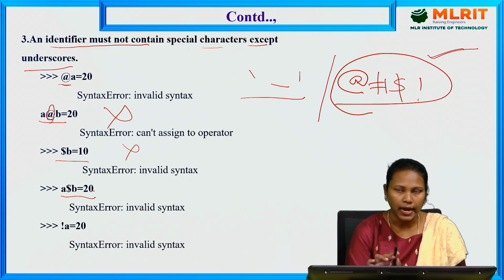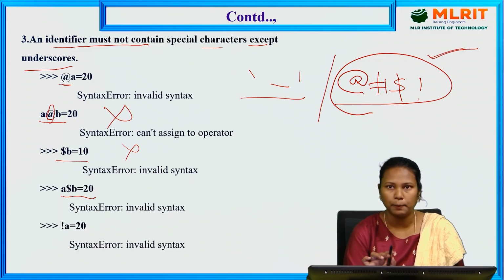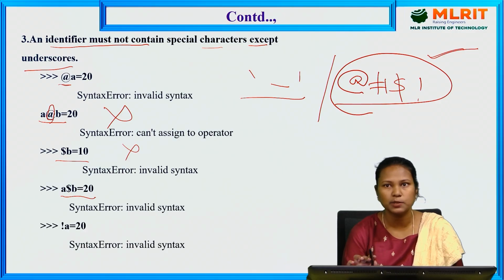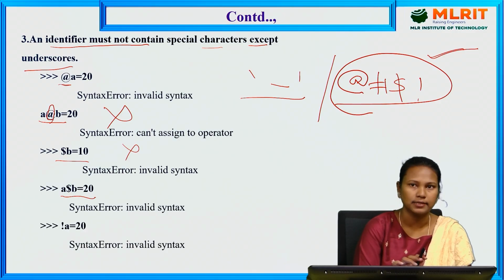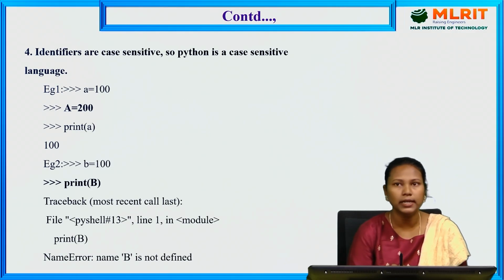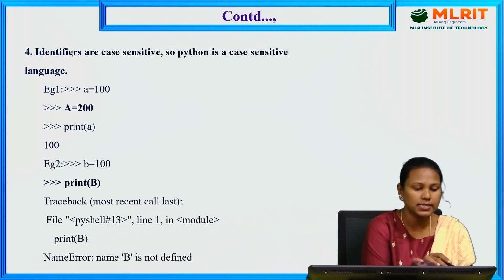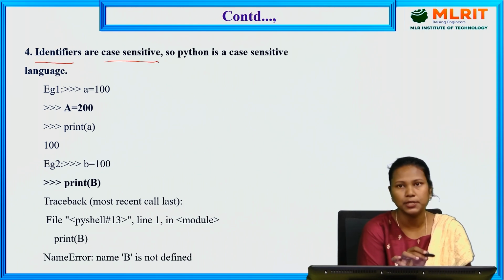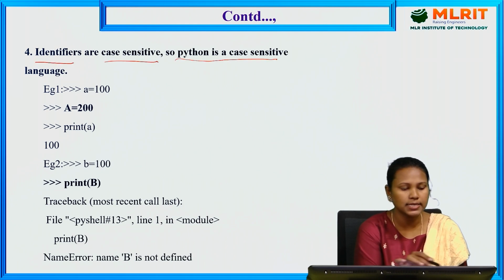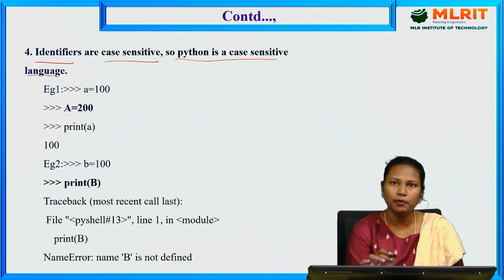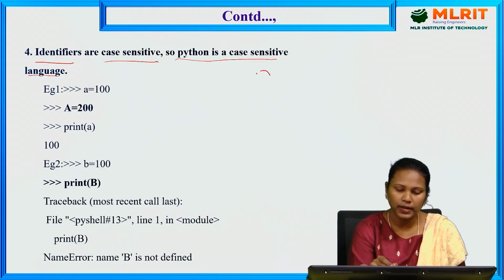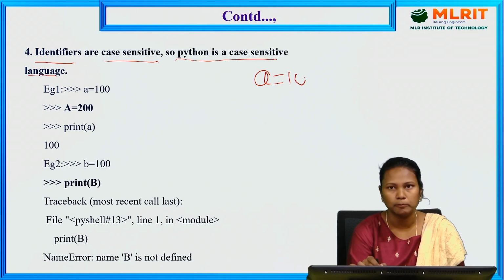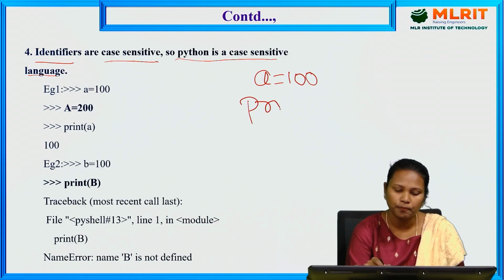So the identifier should start with capital letters, small letters as well as underscores, but not special characters. Next, the fourth condition is that identifiers are case sensitive. Python is a case sensitive language. So whenever you are defining a value, for example, A is equal to 10 or A is equal to 100, if you want to print the A value,